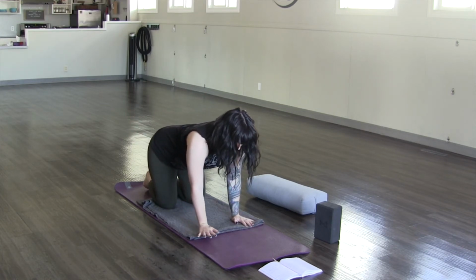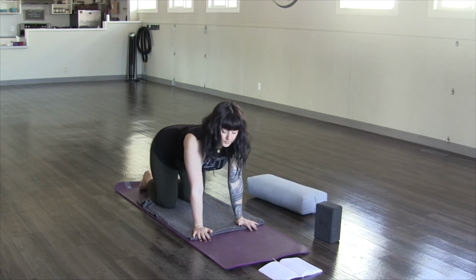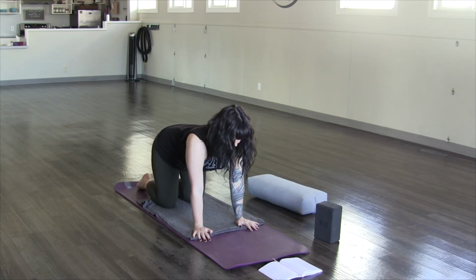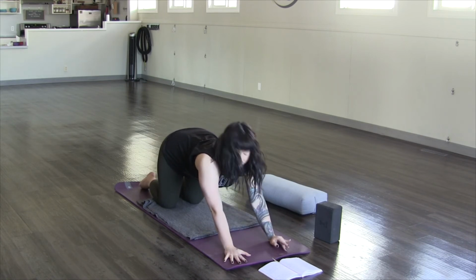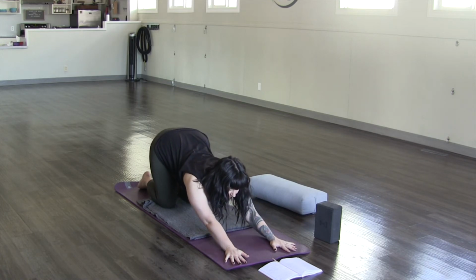And when you're ready for the next pose, we're coming into melting heart pose. So from tabletop, knees are hip distance and stacked under the hips. We're going to bring our hands further up the mat towards the top edge. Fingers spread nice and wide, and with straight arms, you're going to let your heart dip towards the ground, keeping